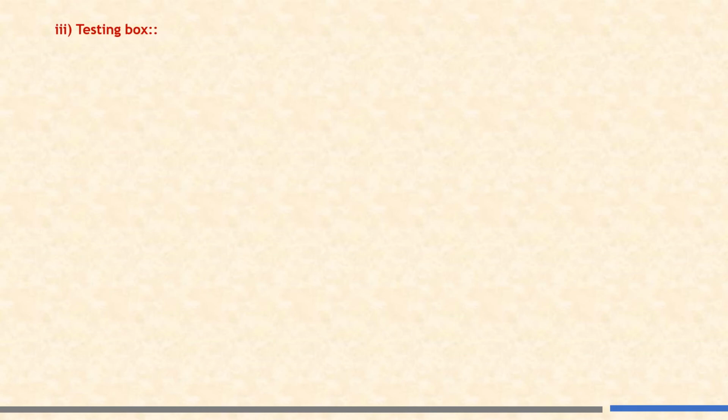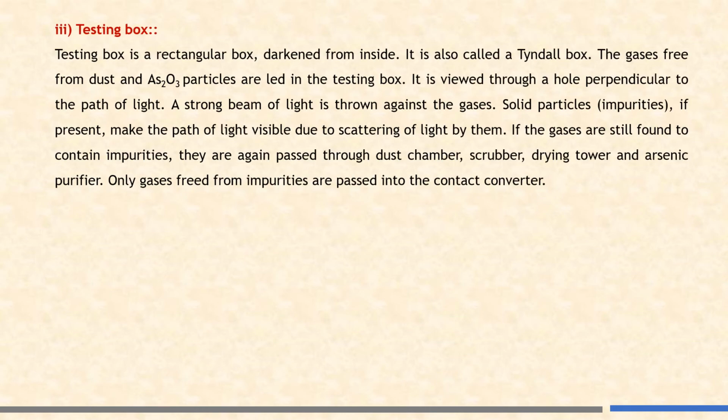Number 3, testing box. The testing box is a rectangular box darkened from inside. It is also called the Tyndall box. The gases free from dust and As2O3 particles are led into the testing box. It is viewed through a hole perpendicular to the path of light. A strong beam of light is thrown against the gases. The solid particles, that is impurities, if present, make the path of light visible due to the scattering of light